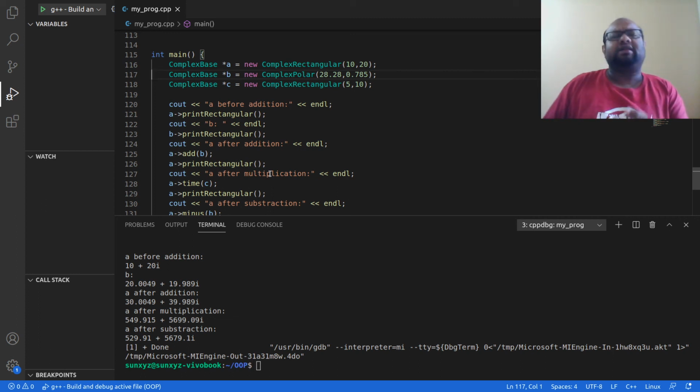Double. Then I have things to handle integer, long integer. Then I have a data type to handle boolean values. I have lots of different data types in C++, but I do not have a data type to handle complex number. So this is the data type that I have created.